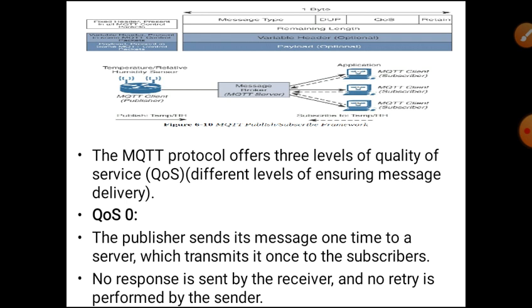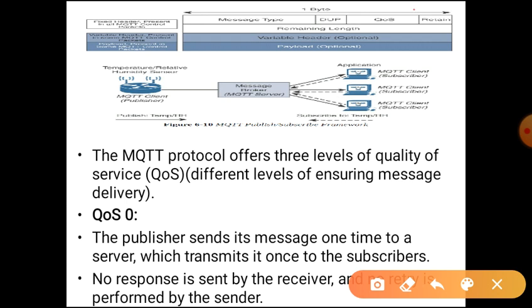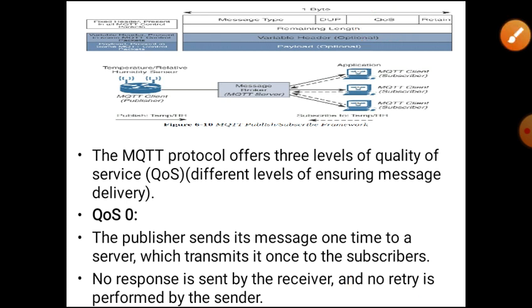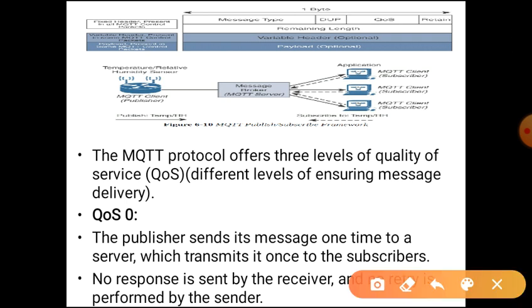Here one field that we are going to consider now is the QoS, which stands for quality of service. That indicates to what extent, to what level the message can be delivered at the destination. So here there are three levels of QoS. If it is a zero,